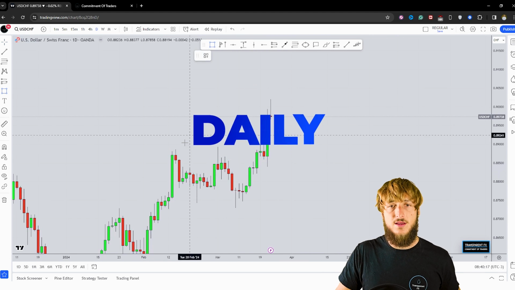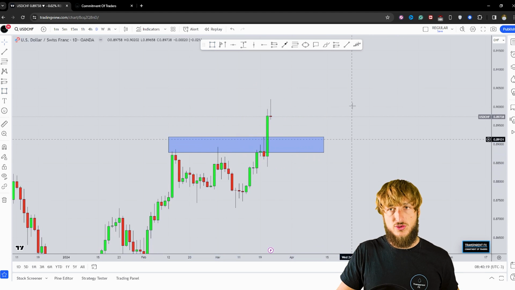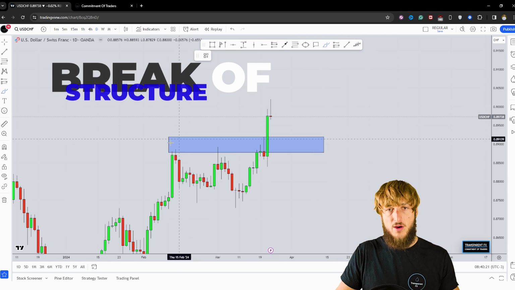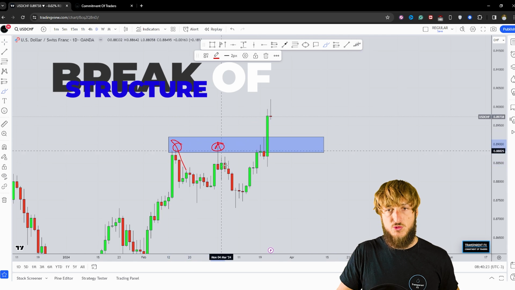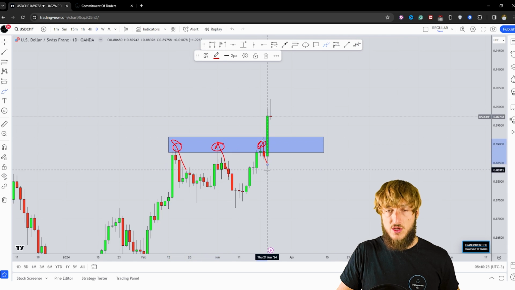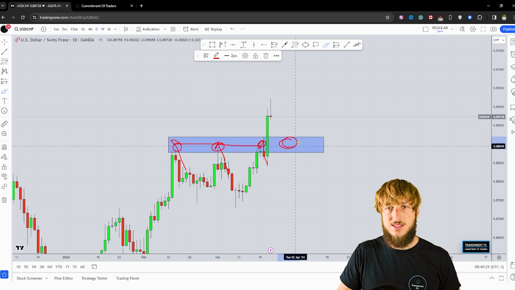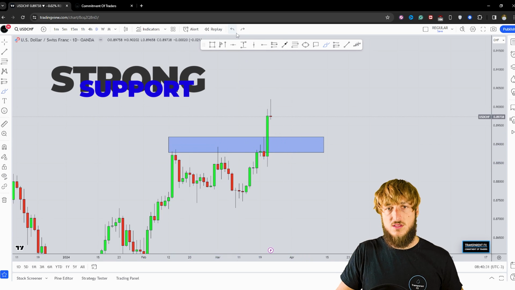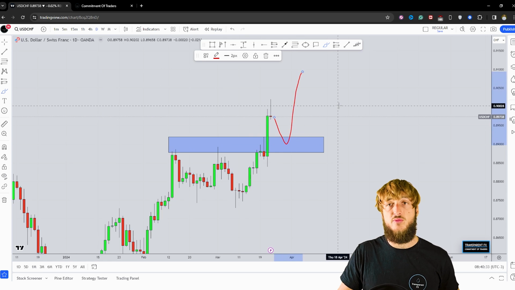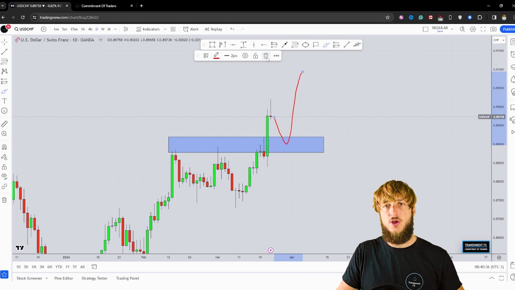Well, here in the daily, clearly we can see that from a structure standpoint, we just had the break above previous daily resistance, which was acting as resistance all across the zone, which the market has now broken to the upside. So all this previous resistance is now turned support here. And what we could expect is a potential retest of previous resistance turned support, and then to see a rejection